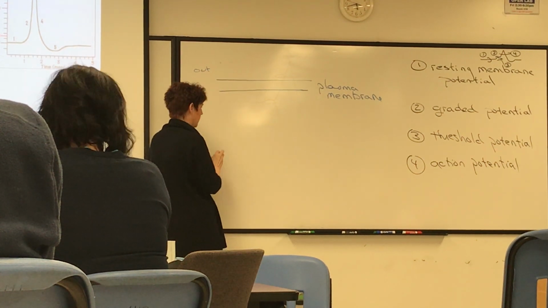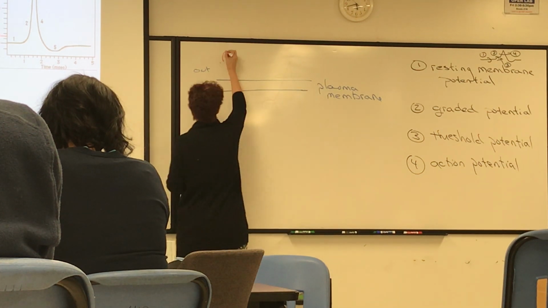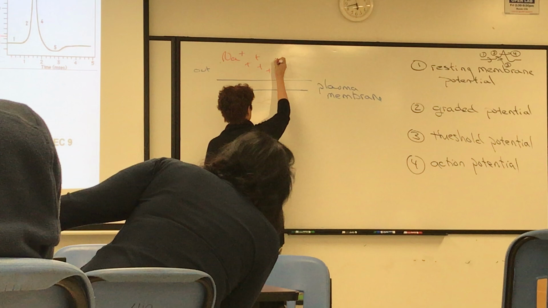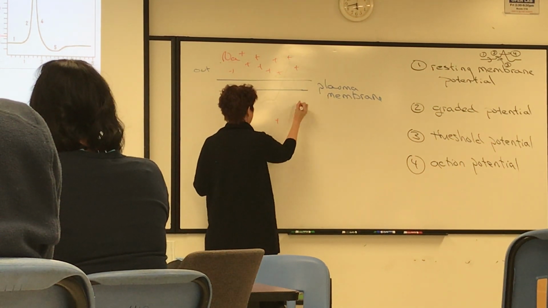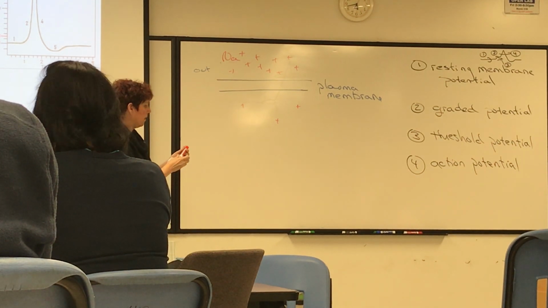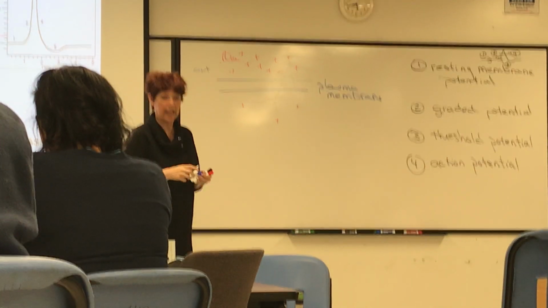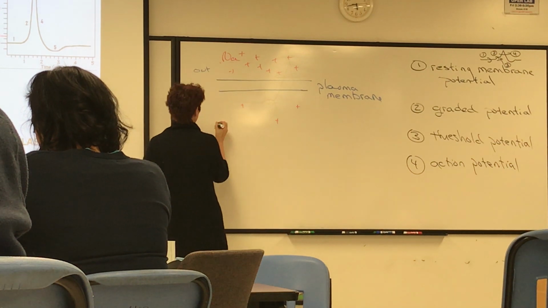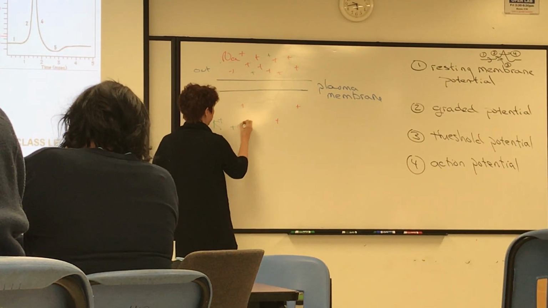So if we diagram sodium ions, we're going to have more sodium ions outside the cell than we have inside the cell, okay? What about potassium ions? Where are they highest in number? Inside the cell, okay? So potassium ions are going to be more prevalent